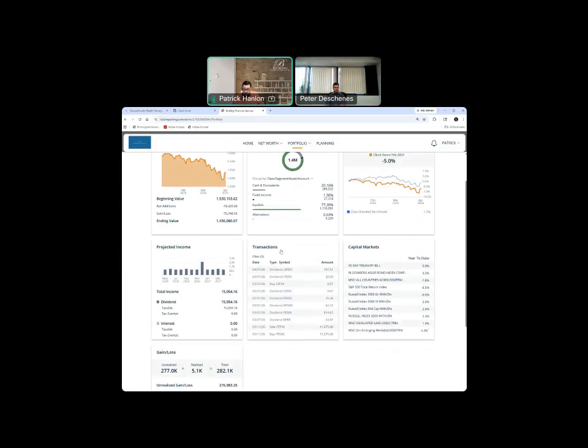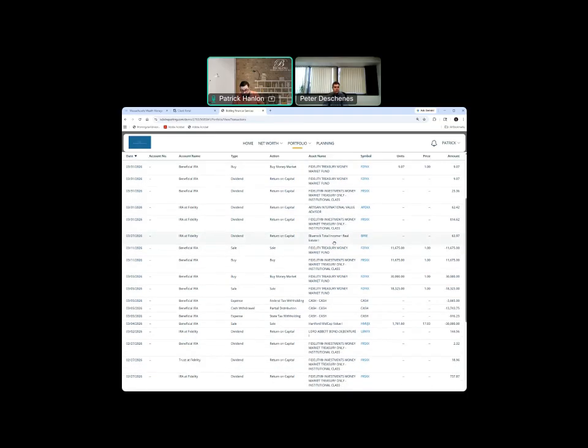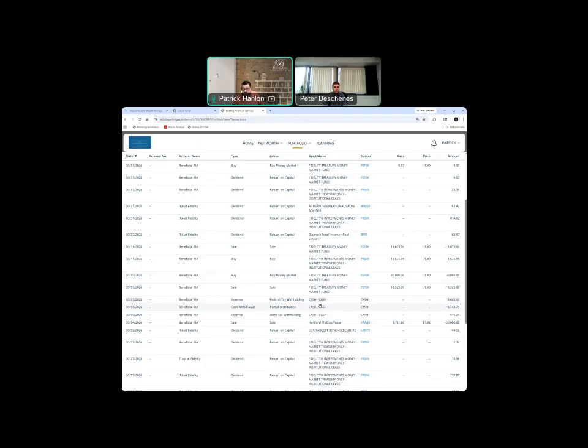Another one that people will like to take a look at is the transactions tab. So transactions are going to get very detailed. You can see here, if a dividend was paid, that is going to be reflected in here, especially if it's end of the quarter. That's a lot of times where we start to see some of that. Additionally,